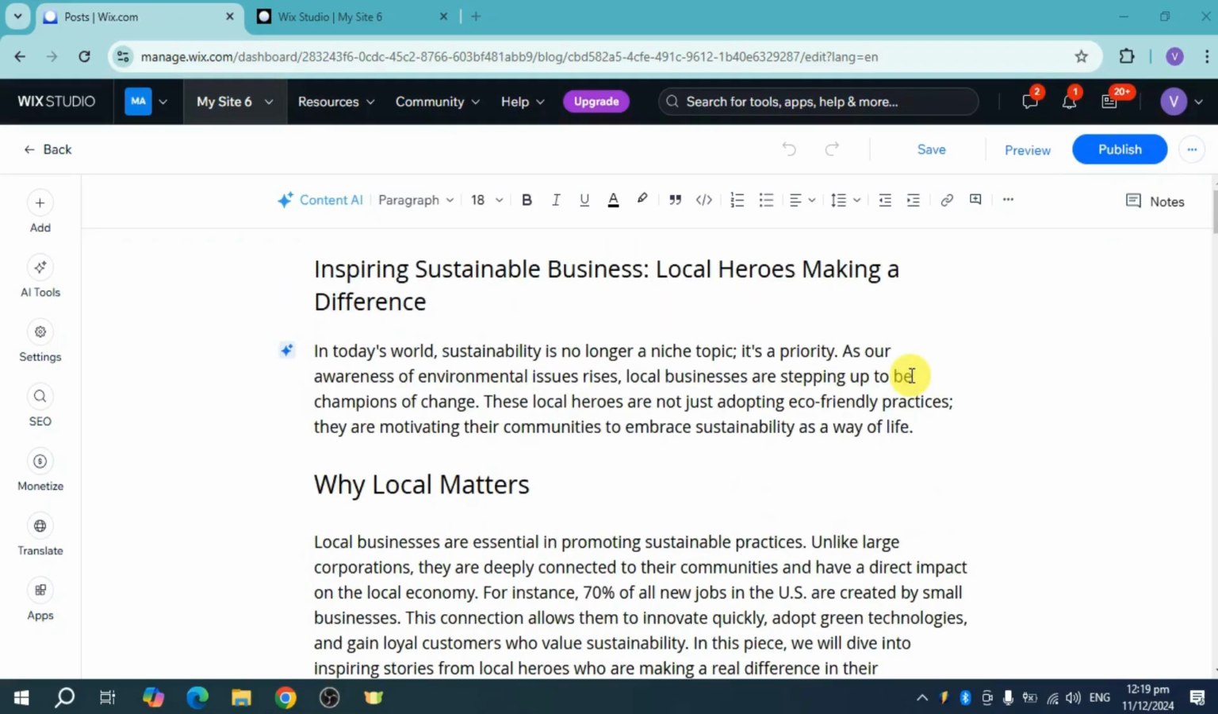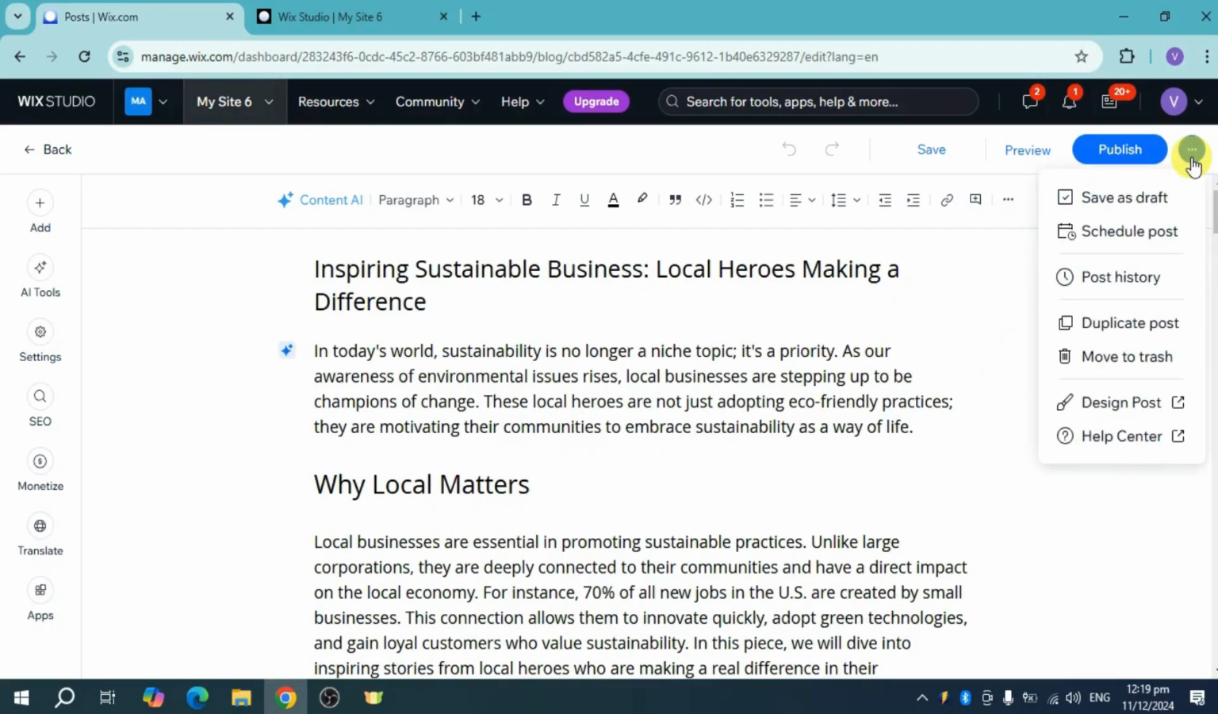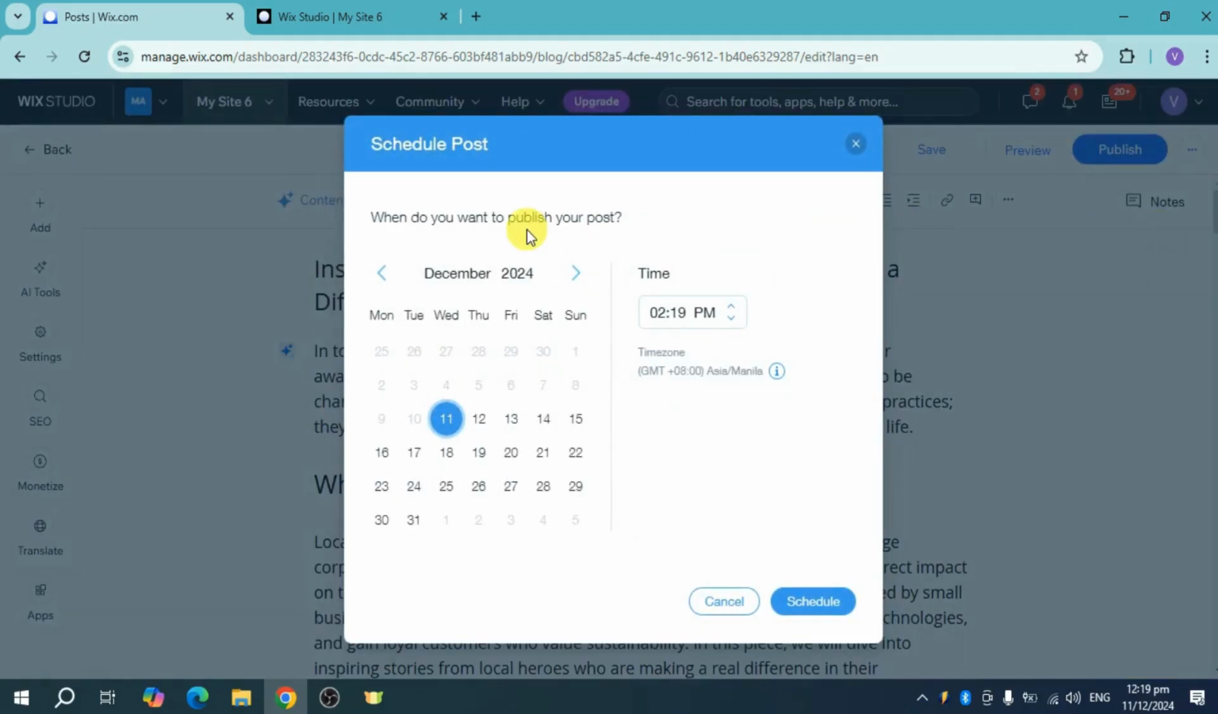And what we can do next for that is to click onto the three dots just beside the publish. Now you can see in here the save as draft and schedule post right here. So take note that the schedule post will not appear once you have already published a particular post. So click on the schedule post option right there and then just choose in here the time that you want